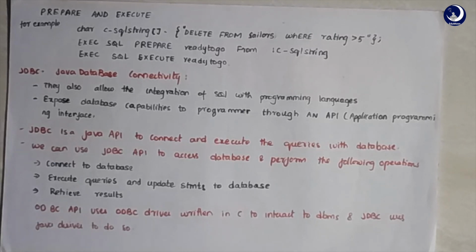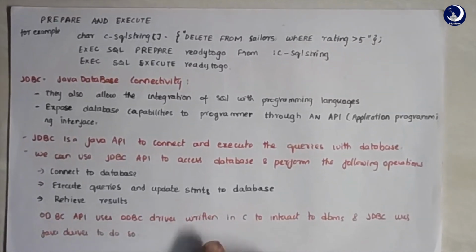ODBC API. See, ODBC is an open database connectivity standard. This is also another API, which is written in C. This is also used for interacting with the database. JDBC is used for Java and ODBC is used for the C language. So both of these are APIs that generally connect to a database and retrieve the results to the user that is present in the graphical user interface side. So yeah, this is all about JDBC, and this completes our third chapter.